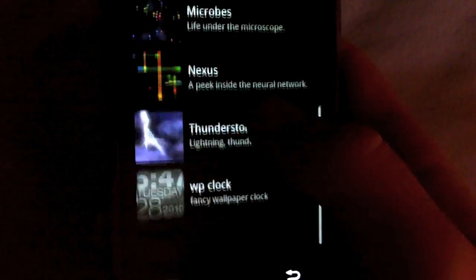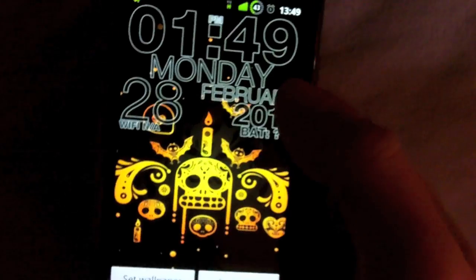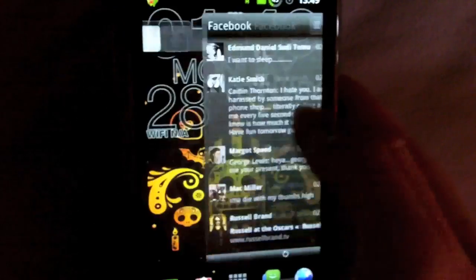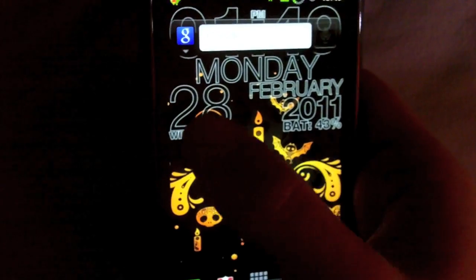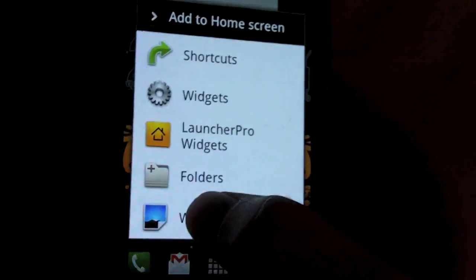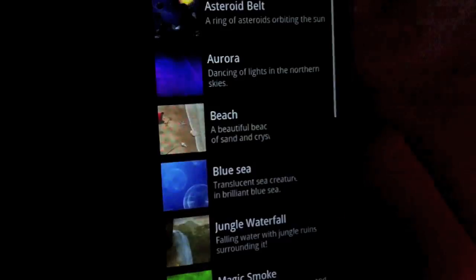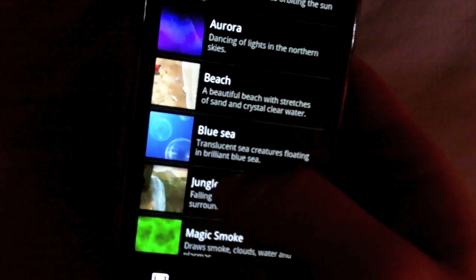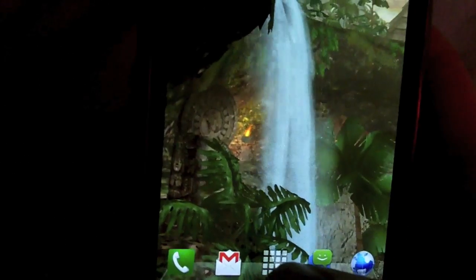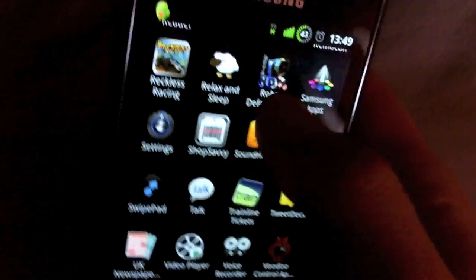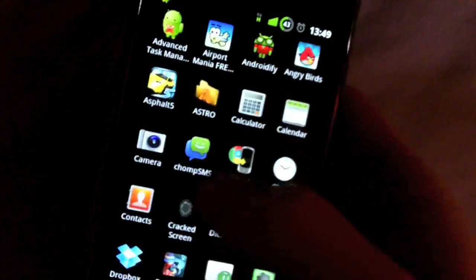It's not set up. You can set it up so when you tap it launches lightning and stuff like that. And another really useful one is wallpaper clock, which actually lets you have any image you want, and then you can set a clock on top of it. And it's got other bits of information, which is kind of cool. That's also, I think there's a free version in the market, and there's one that's a couple of bucks, but it's definitely worth getting. So we'll go to applications I've got on the device now,